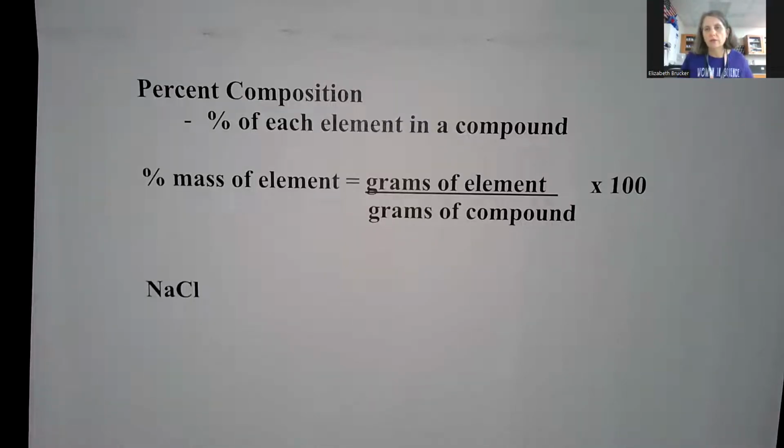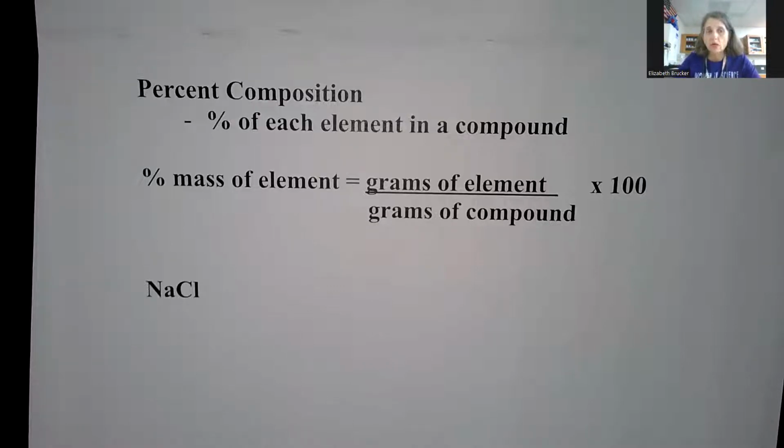So this video is going to focus on a calculation that we have already done. You just didn't realize that you'd done it before when we did the copper lab. It is what we call percent composition. And so this is a way to tell, when we think of the law of definite proportions, what we did in Unit 1, it tells you that you have a different compound if the percentages don't come out to be